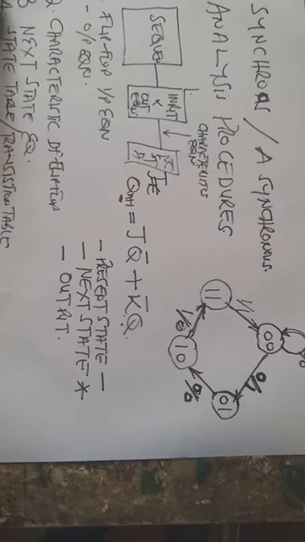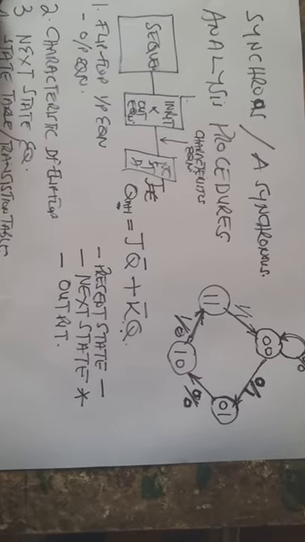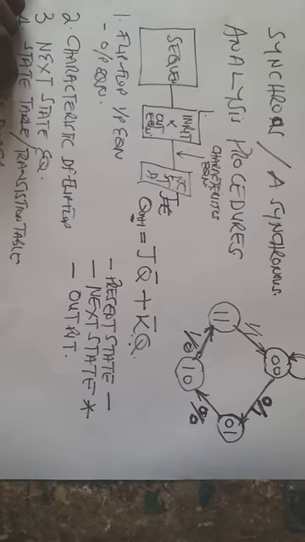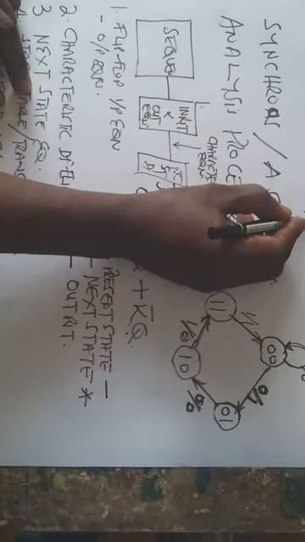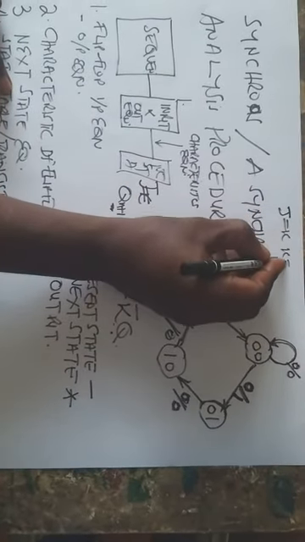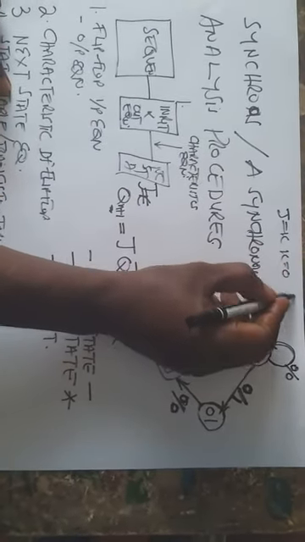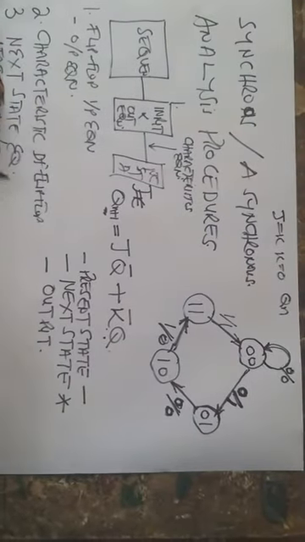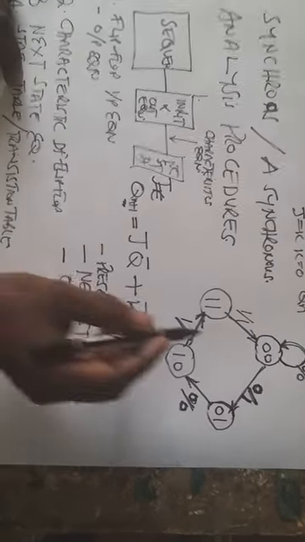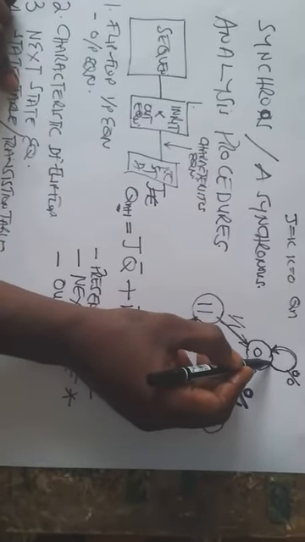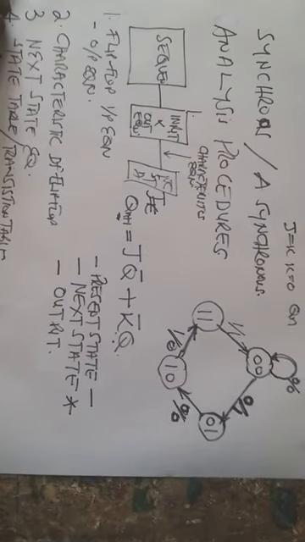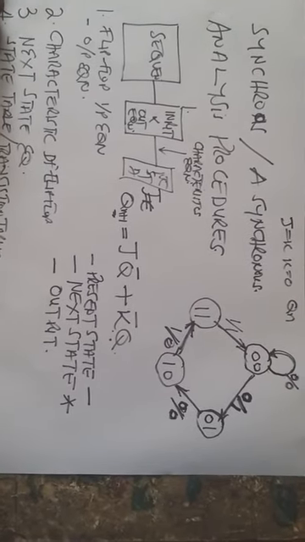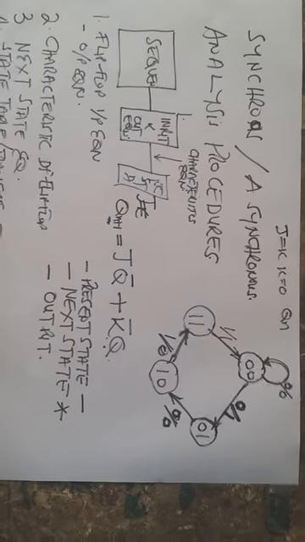For example, if you recall our truth table, when J is equal to 0, K equal to 0, we say on the truth table that there's no change. Whatever is stored in the flip-flop is maintained. So on a state diagram, when you see an arc on a circle, it is telling you that there is no change. So that is that.